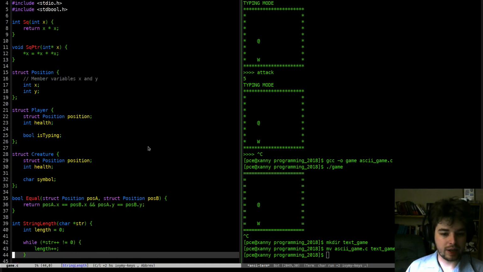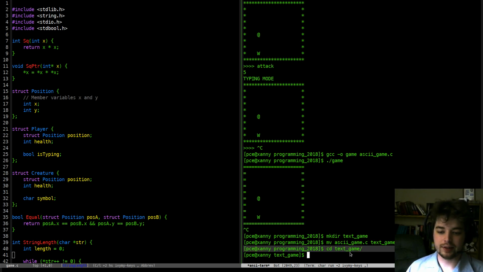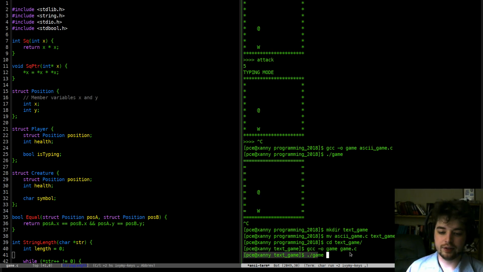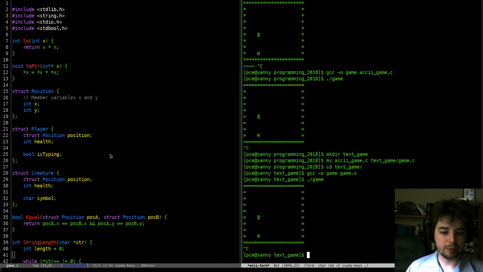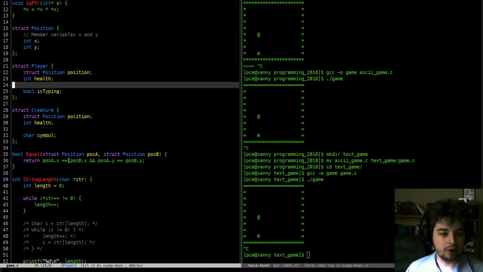So now that we have that, in fact, I can go into our text game right here, and I can run this, and now we should get the exact same thing as before, which we do. All right, so